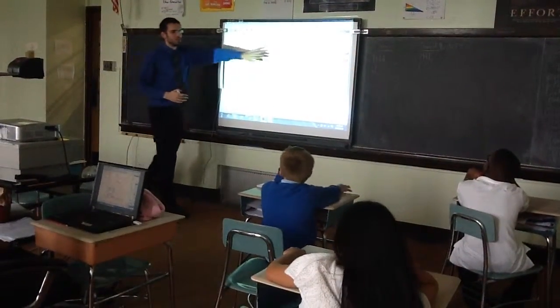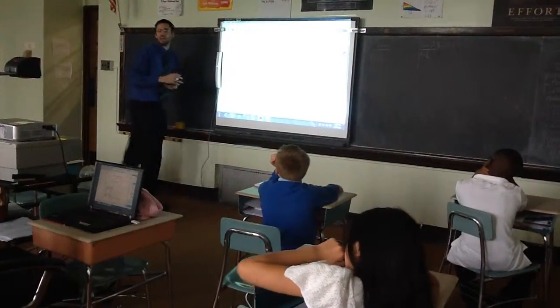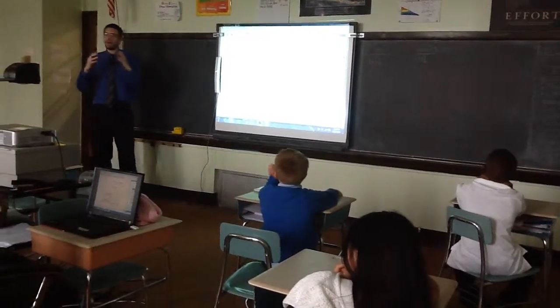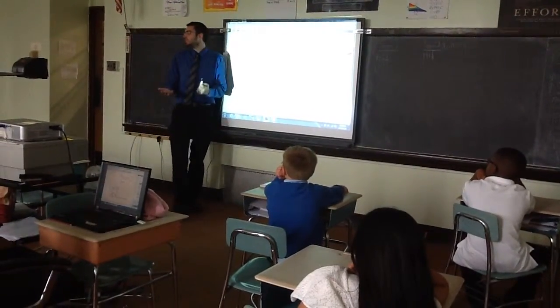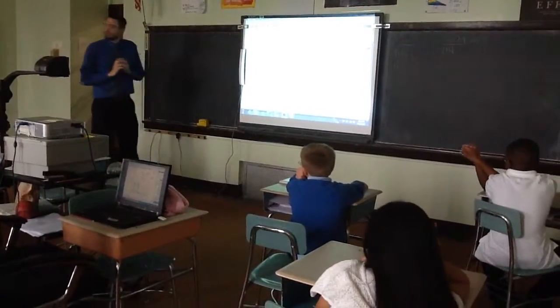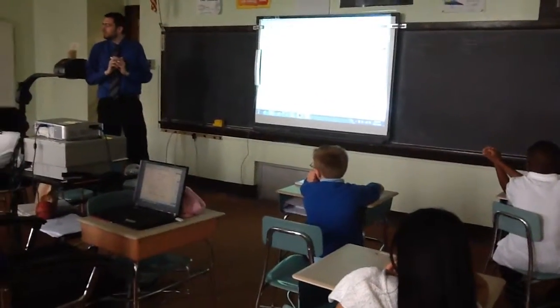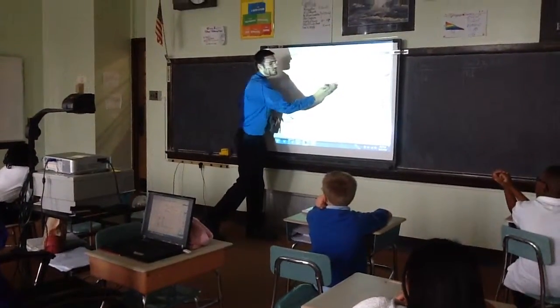Now area, as Julian almost said for perimeter, is the amount that is inside my figure. This is as if I was taking my lawn right here and I was going to mow my lawn. How much of my lawn am I going to mow? Do you know what the area of this would be? What would it be? 6. Area would be 6. And how did you get an area of 6? I did